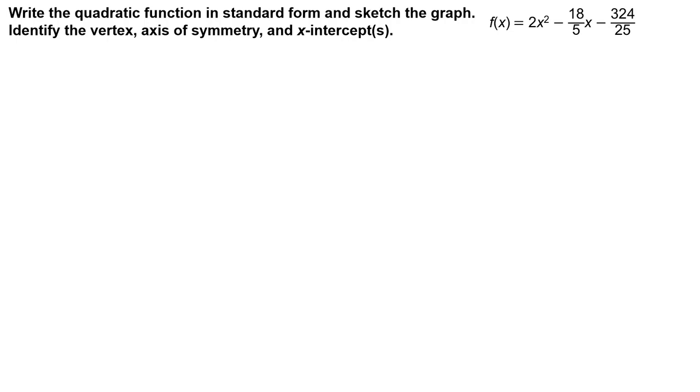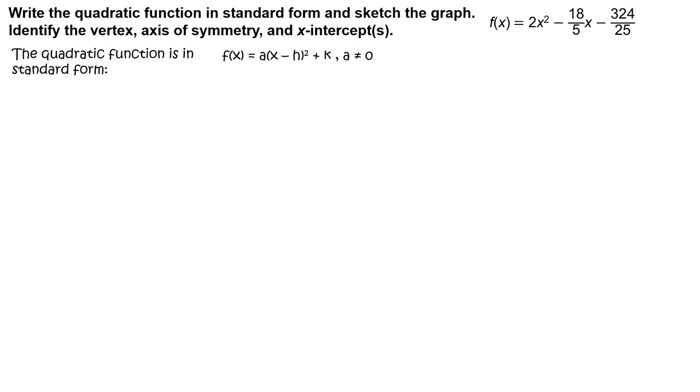Write the quadratic function in standard form and sketch the graph. Identify the vertex, axis of symmetry, and x-intercept or intercepts. The quadratic function is f(x) = 2x² − 18/5 x −